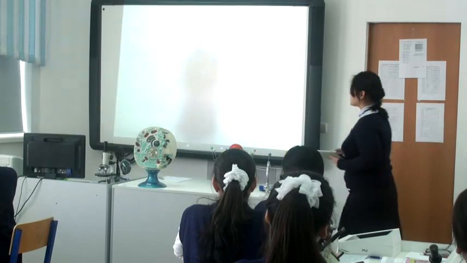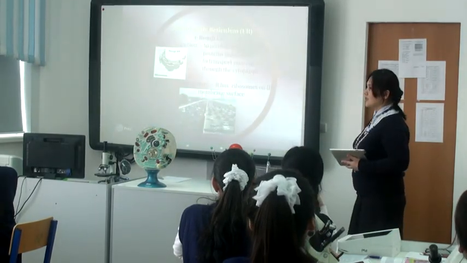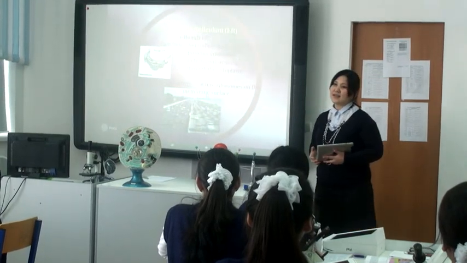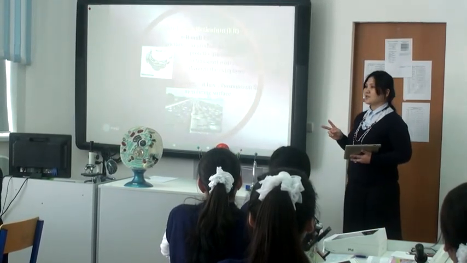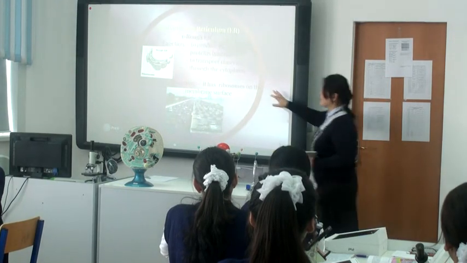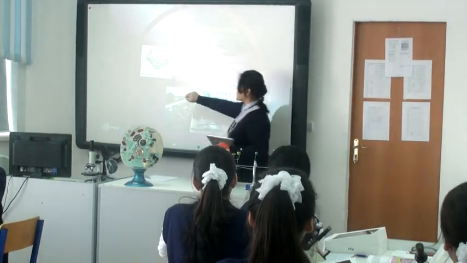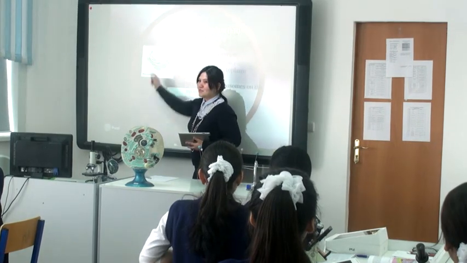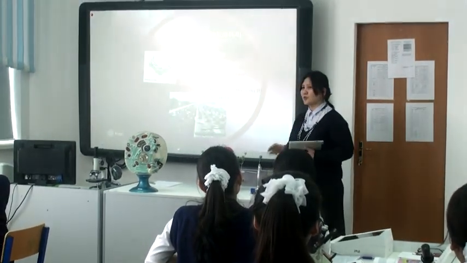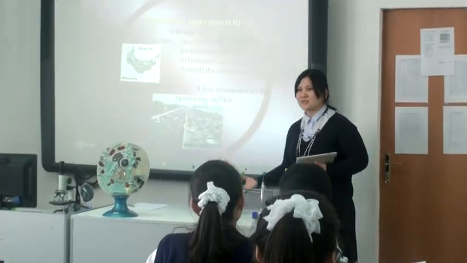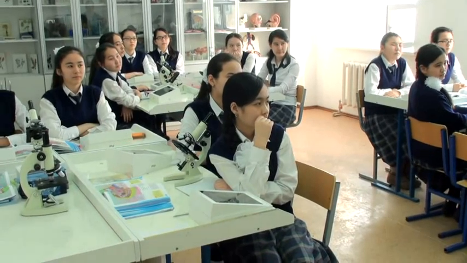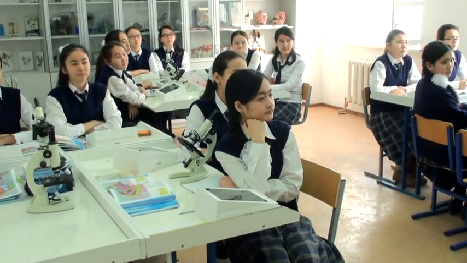Next organelle is the endoplasmic reticulum. Shortly it is symbolized as ER. There are two types of this endoplasmic reticulum. So first is the rough endoplasmic reticulum. From this picture you can see how it looks. The function is to produce exportable proteins, to transport materials, and to connect the nucleus with the cytoplasm. Okay?